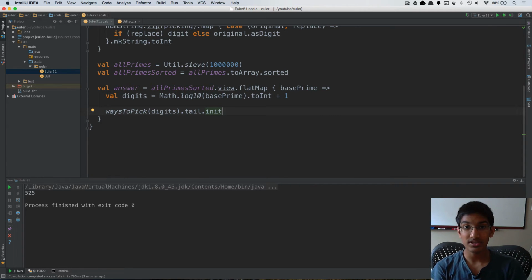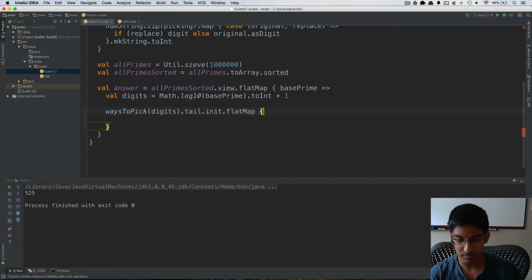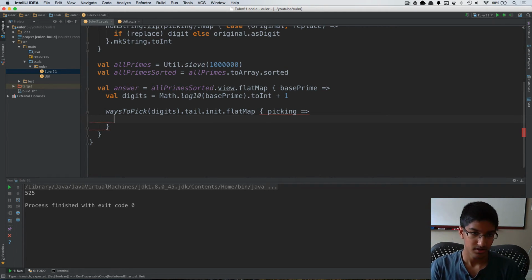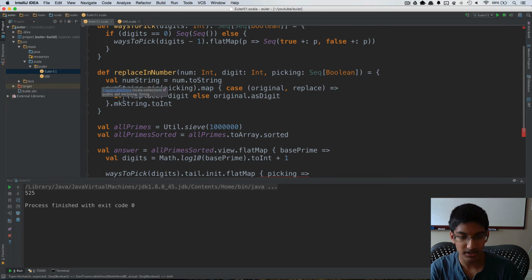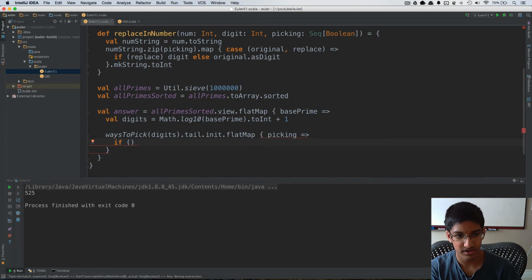Now given all of these ways to pick, I'm going to flat map over these. What I want to do is take each picking and see if there are 8 primes that can be calculated with this picking. So given a picking, first I'm going to check if I can replace and find 8. So I'm going to do an if, and what I want to do here is take all the current picking,